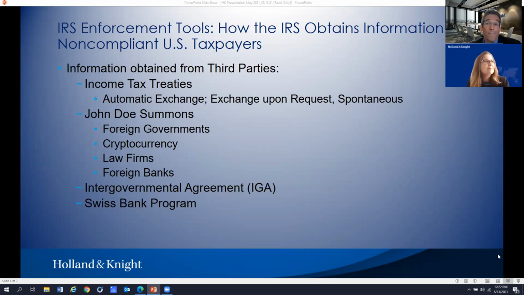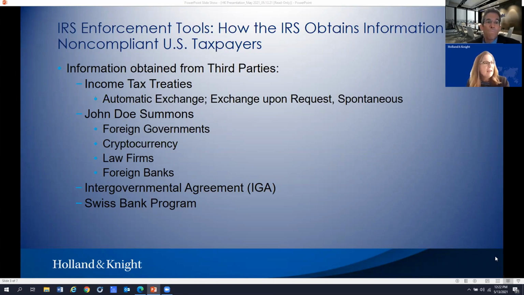We're not going to get today into more discussion on this, other than to note that if the IRS is able to issue John Doe summons to law firms and the attorney-client privilege is not a defense to that John Doe summons, it really questions where and how things are going to end up in the future as it relates to IRS enforcement. And I kick it back to you, Andrea.